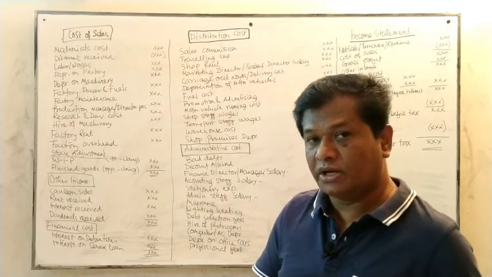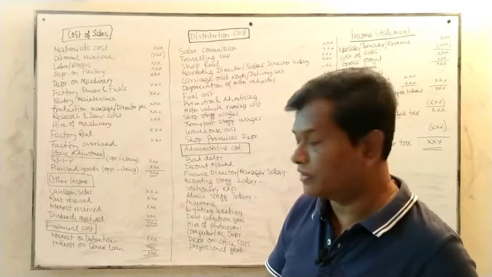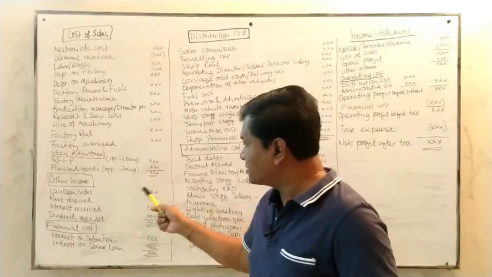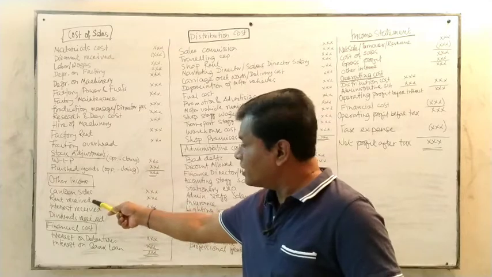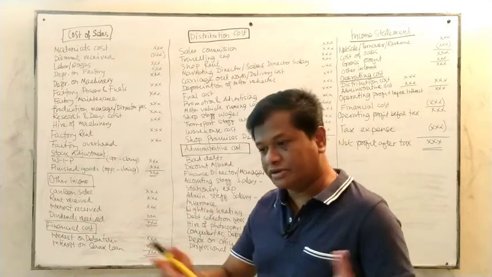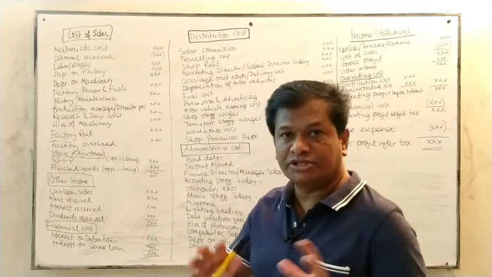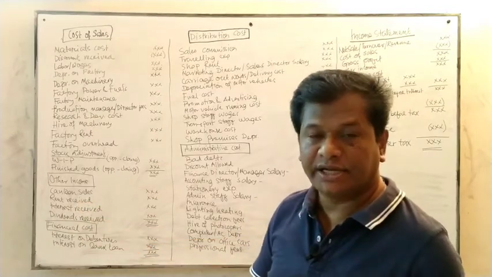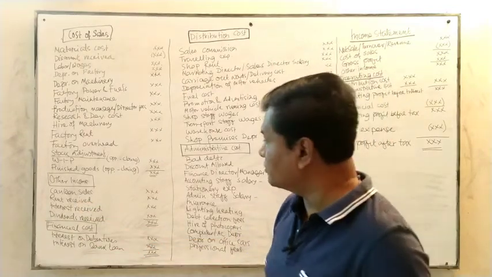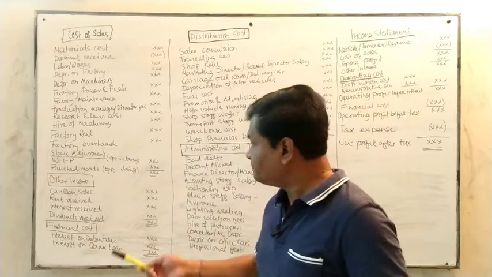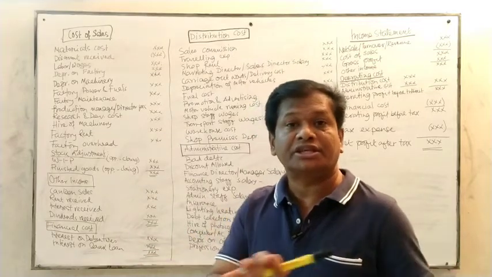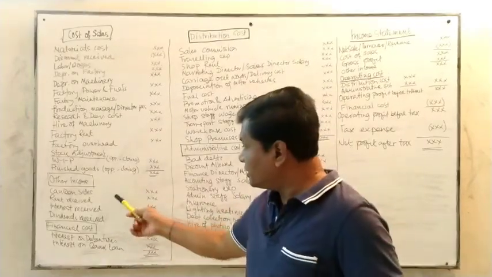They are getting their tiffin at a subsidized rate. So this is the canteen sales. Again, rent received, another item. Maybe some of the spaces are used by other organizations, and we get some rent. This is the rent received. It is other income, not the ordinary income, this is extraordinary income, that is the rent received.